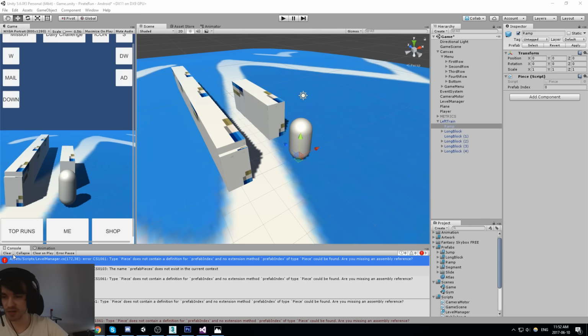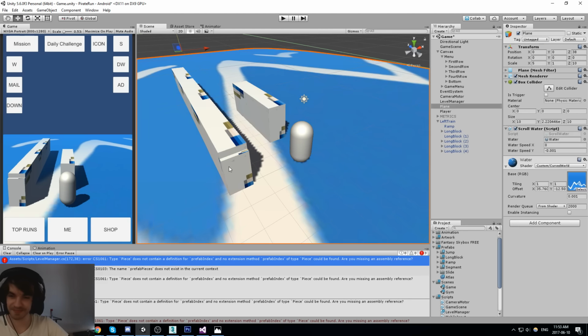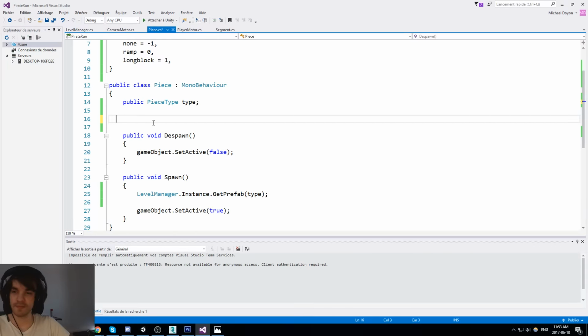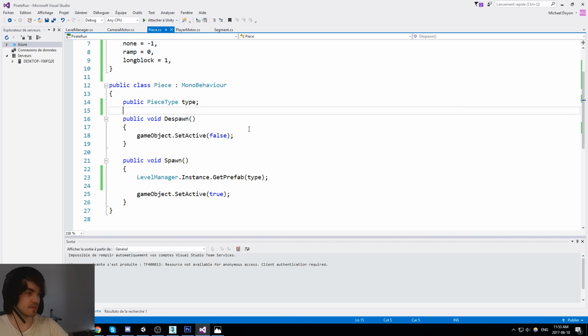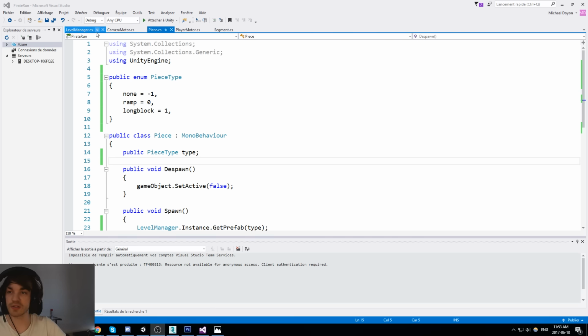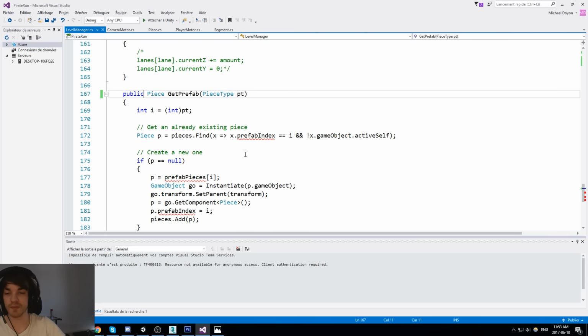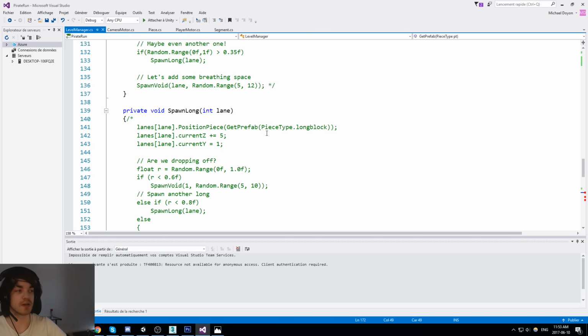But yeah, PC Box, if that helped you out, I'm glad it did. Yeah, exactly. So arrays would be used when you have predefined slots, a predefined amount of stuff. Like in my case right here, I'm using lists, and I don't know how many variations of every single thing we're going to have. So I'm better off using lists, and also because I'm going to be using LINQ later on.